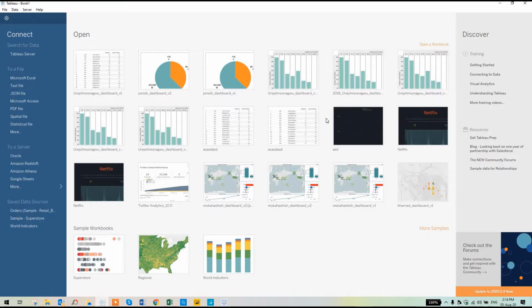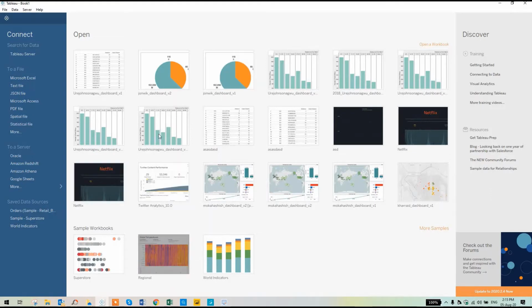So today we are going to start this training session of Tableau Desktop. For this interactive session, I have chosen the saved data source from Tableau, which is the Sample Superstore, and we'll proceed with the Sample Superstore dataset. In my scenario, this dataset is pre-cleaned, but in many scenarios you have to clean the dataset first and then create a visualization on that. But in this session we're going to use the saved data source which is provided built in by Tableau.